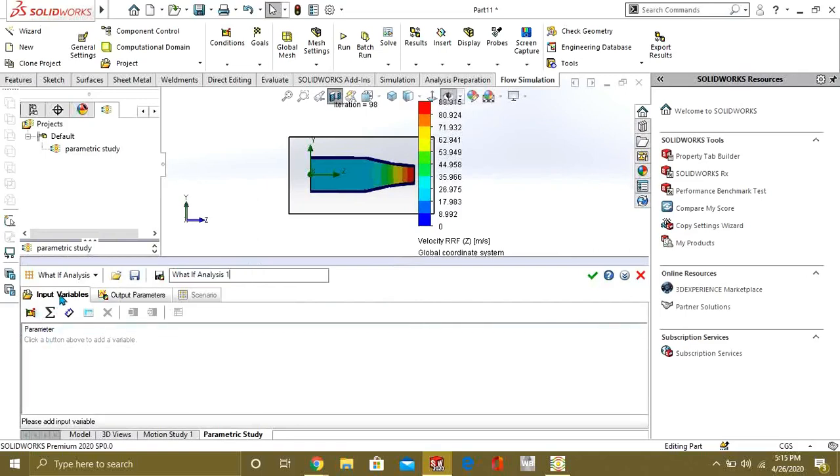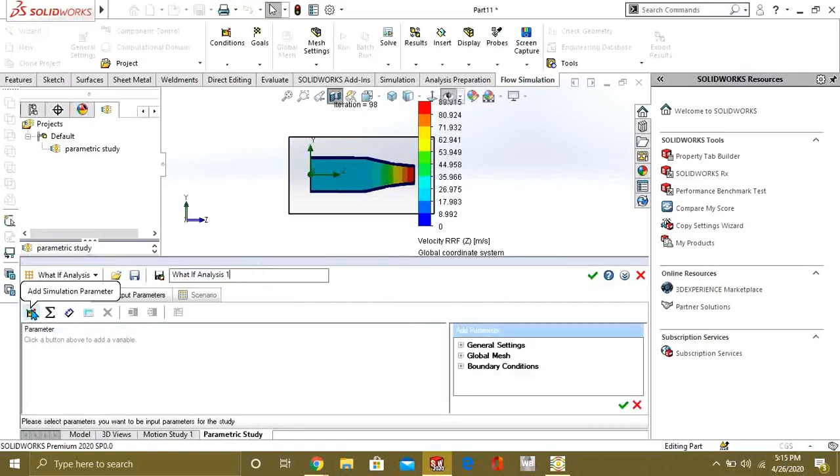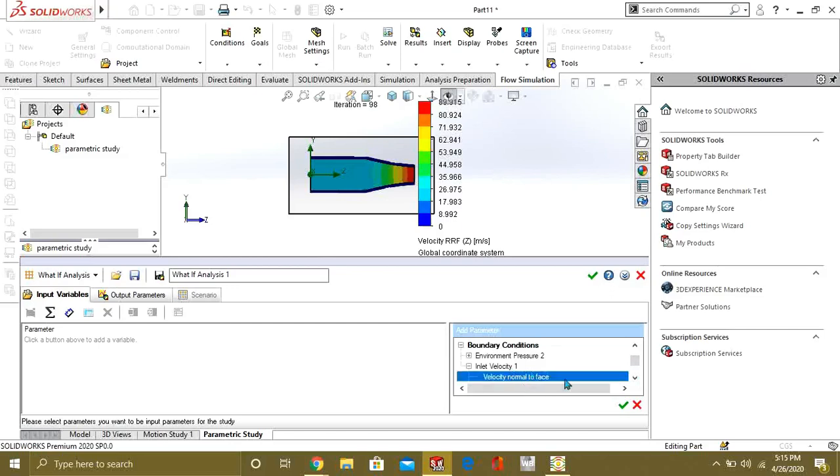So this is the input variable tab. From here you can add your simulation parameters, like we want to change the velocities and see the different pressure on different velocities. So we will select the velocity from here, select OK.